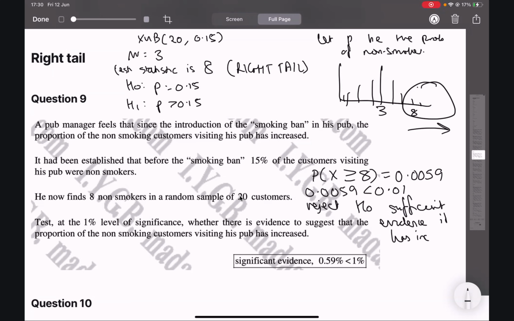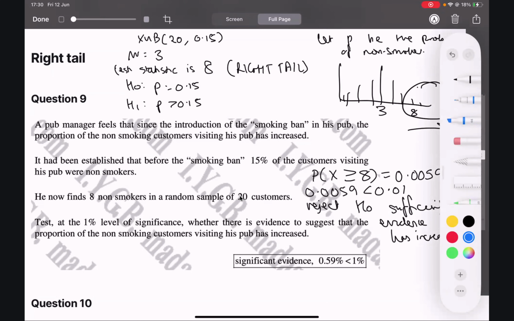It's increased, because it's a right tail test this time. So we thought we were expecting 3, but we found 8. Yeah, and we were testing if it's increased, and we think it has now, because if our model was correct, based on that model, there's only a